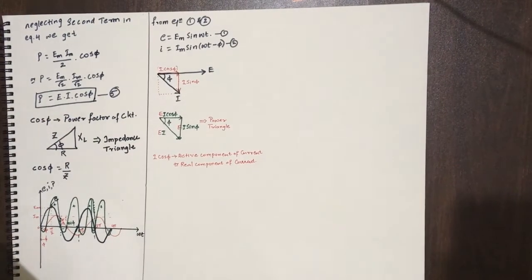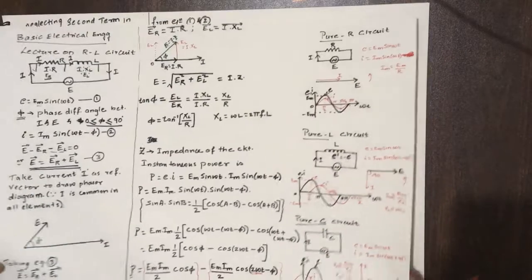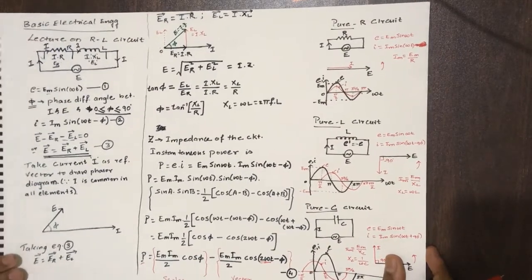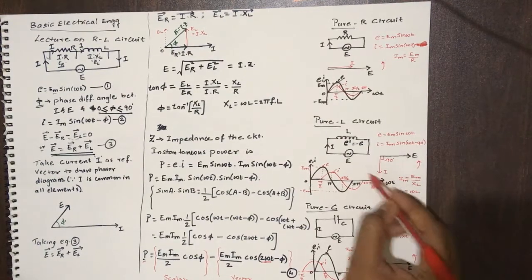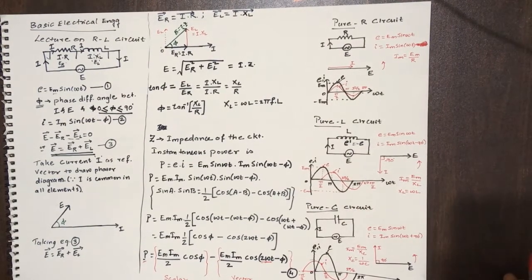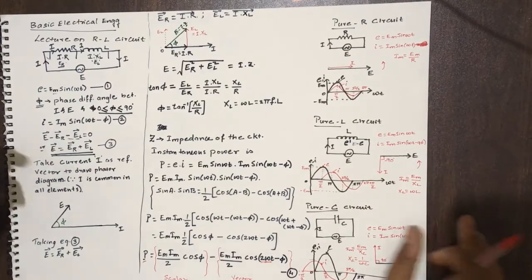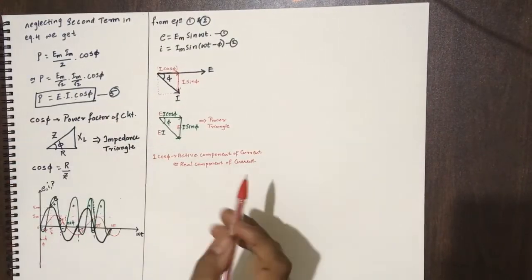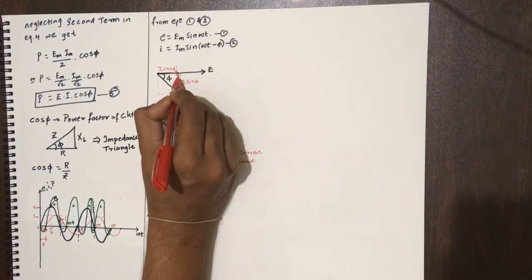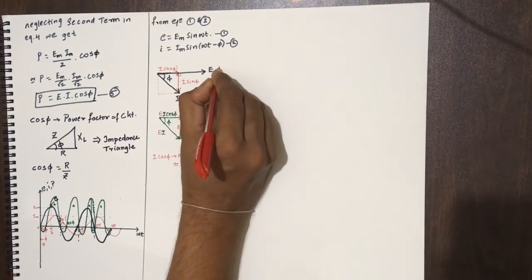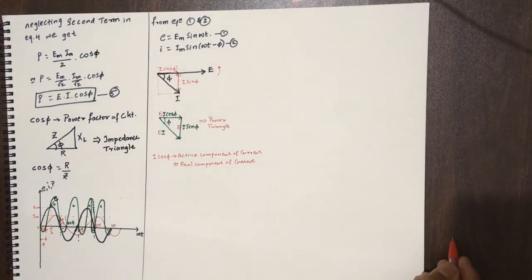Now here we see that when current is at an angle of 90 degrees with respect to the voltage, then that current is responsible for the energy storage in the device. Hence, the current component I sin phi, which is at an angle of 90 degrees with respect to voltage E and is lagging, because this is the assumed direction of rotation of vectors, is the current responsible for energy storage in the circuit.